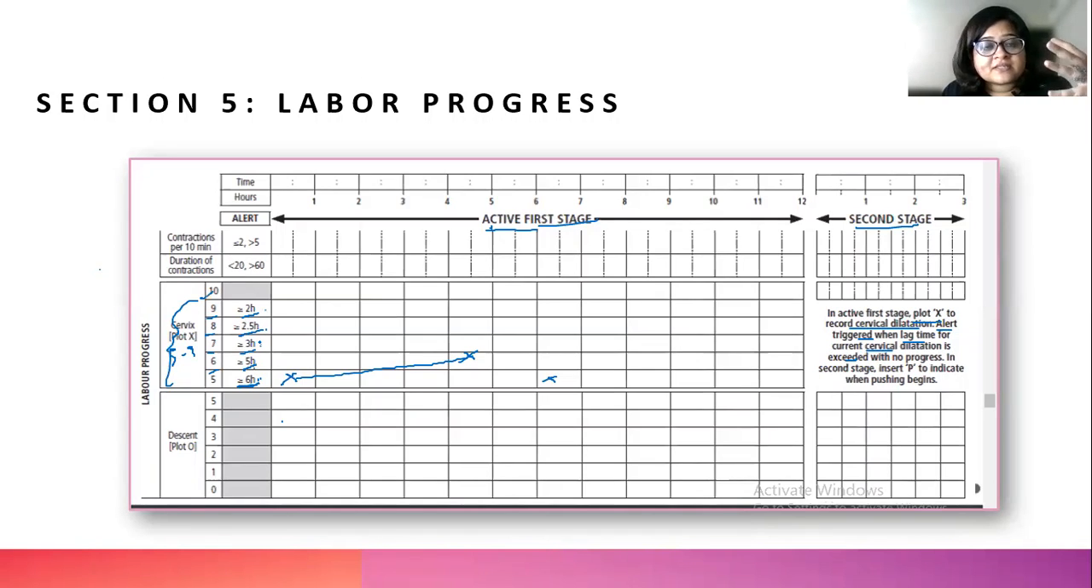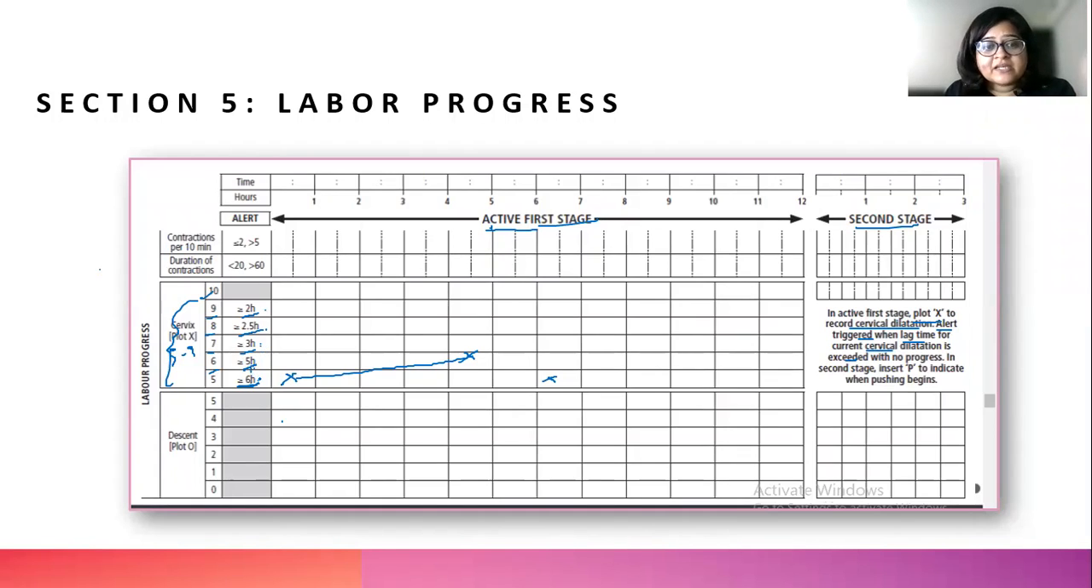Now we're waiting 6 hours at 5 centimeters, then 5 hours at 6 centimeters. So the duration, of course, now has increased. So this is one of the major changes in the partograph. I will repeat, in the first stage of labor, that means in the active first stage from 5 centimeter to